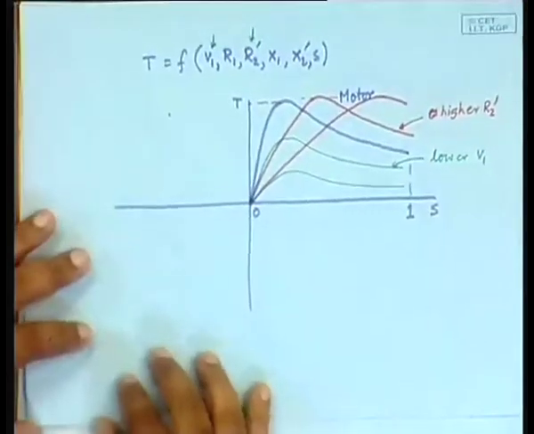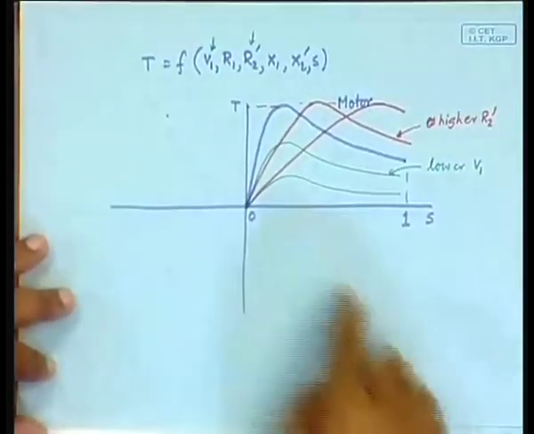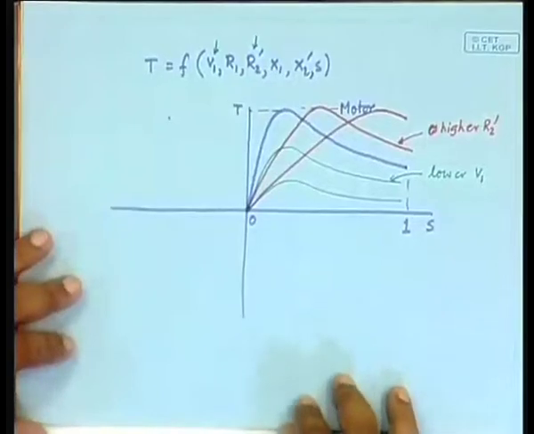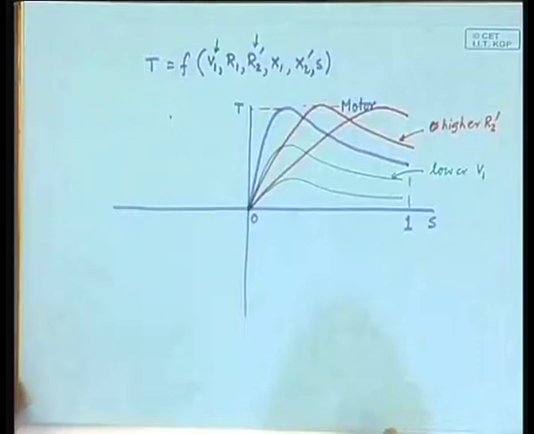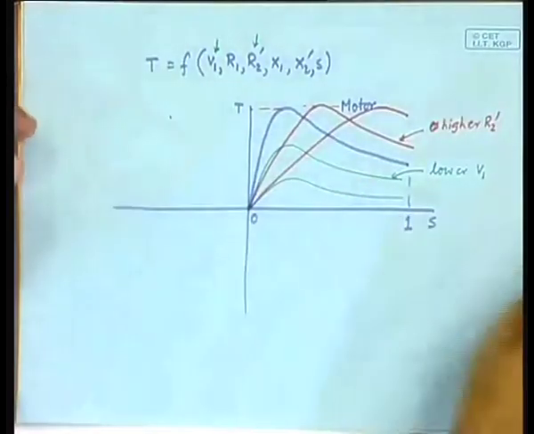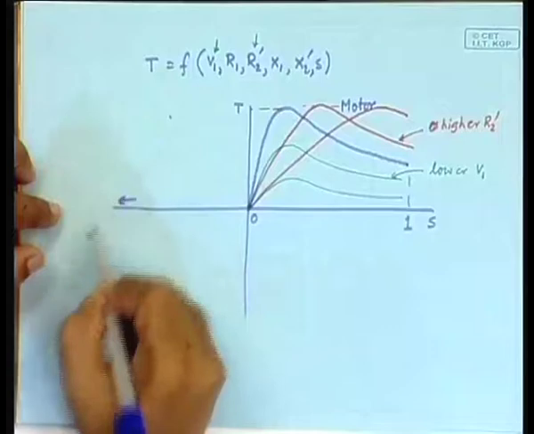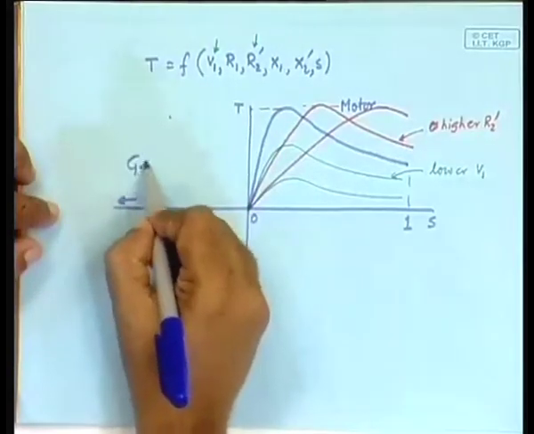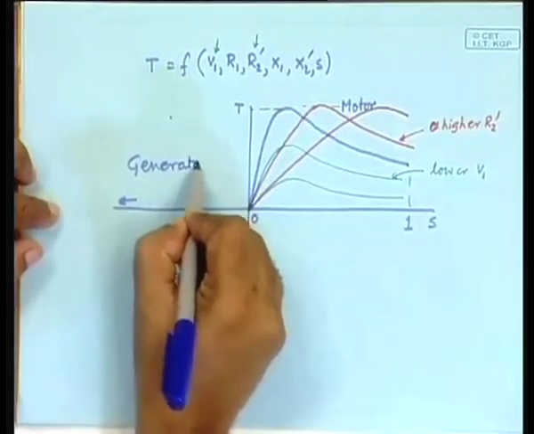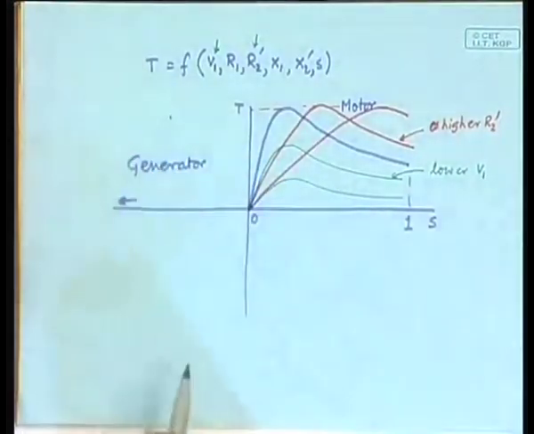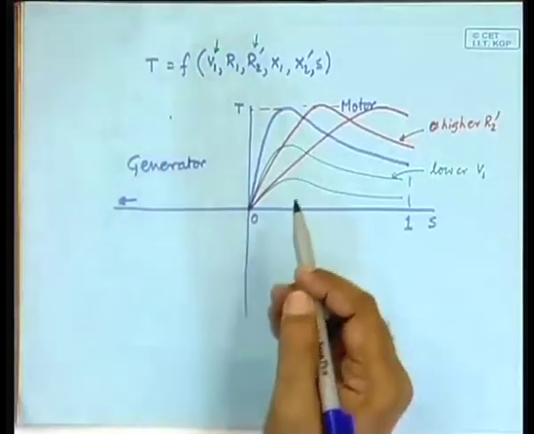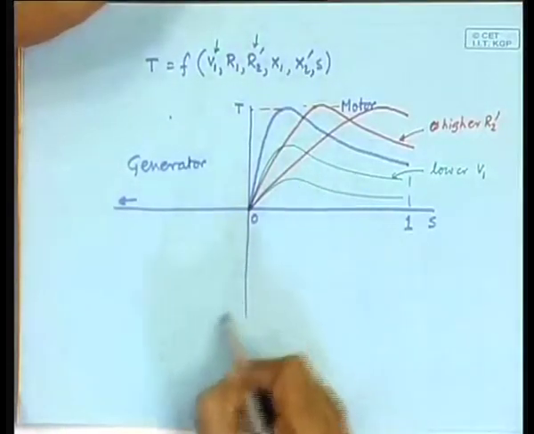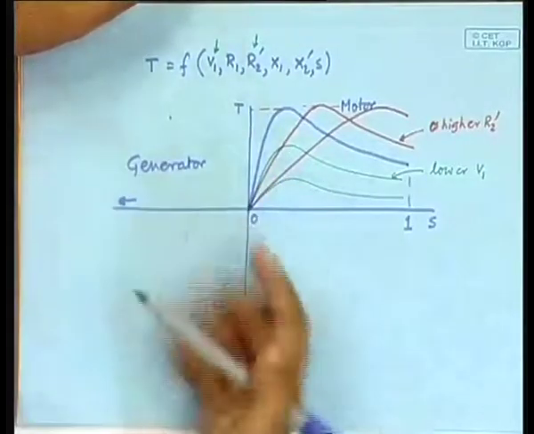I drew it here. It was like that, but then here the slip was positive. If the slip is negative, it should be on this side, negative slip. So, this side will represent the generator mode, and if this side represents the generator mode, then the torque will be back torque, in the opposite direction. So, this will be the side. It will be drawn in this quadrant,